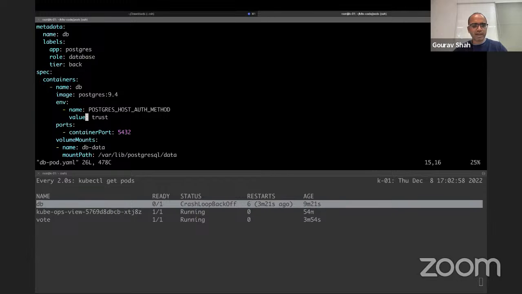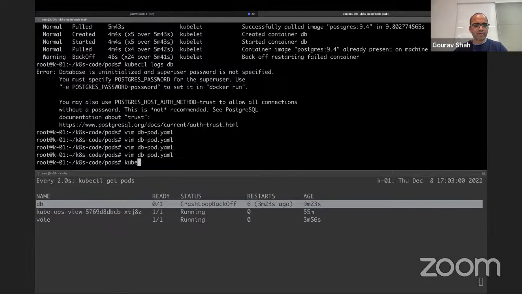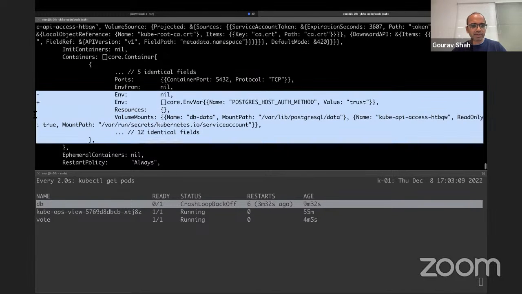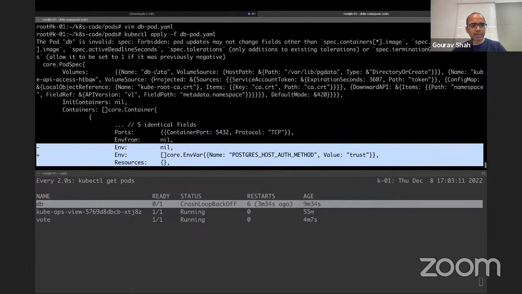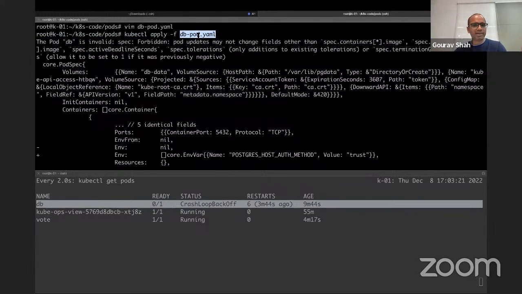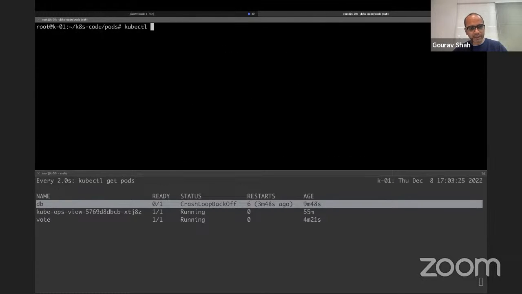Now, if I try to apply this way, after making this change, you will notice that it doesn't work. An obvious thing when you see a message like this is to look up what's going on here, but the problem is not here. Problem is here, forbidden. When you see forbidden, it means it's immutable. This field is immutable, meaning pod deployments in Kubernetes are typically immutable except for certain properties like image and so on. So what you have to do here is, since it is immutable, you have to delete it, delete pod,